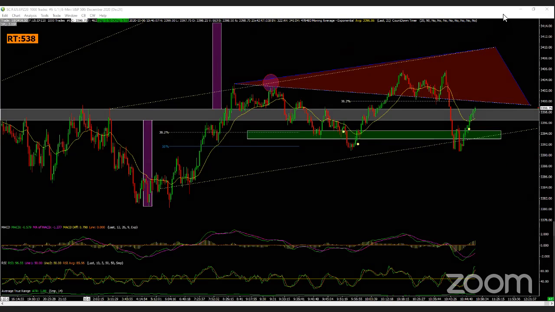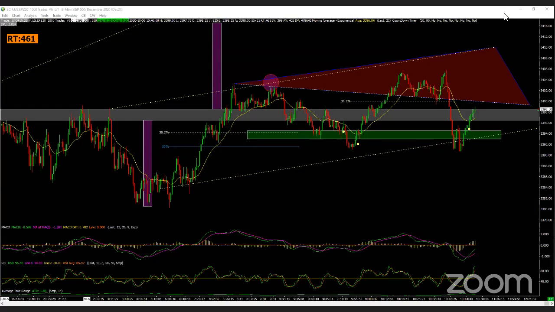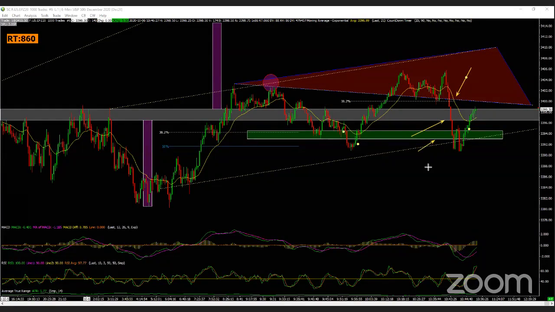So I'm going to stay disciplined. I'm going to stay idle on the sideline. We've made our trade for the day. We've made some money. If the market did not have this volatility right here, and we didn't see this flash crash, then yes, this one try and second try right here would have been very nice.